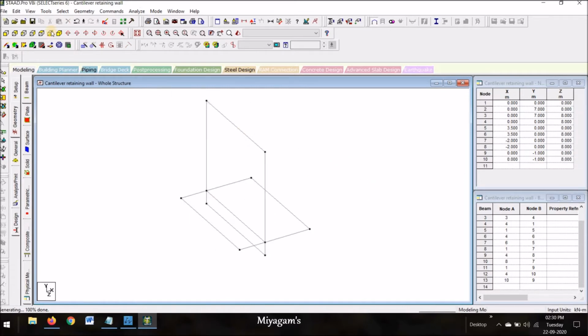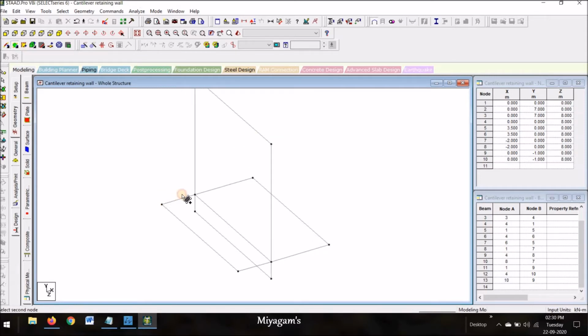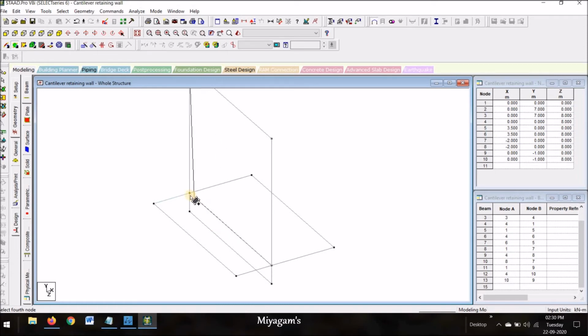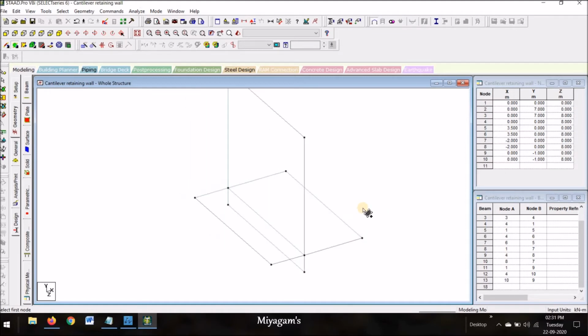First of all, we have to give 4-noded plates. This is a hollow structure, so we have to give 4-noded plates so that it completes, and we can give thickness after that. So click on the 4 nodes and create plates like this. For all these, remember nothing should be left out, otherwise the structure would not be okay for analysis. So the 4-noded plates are completed.